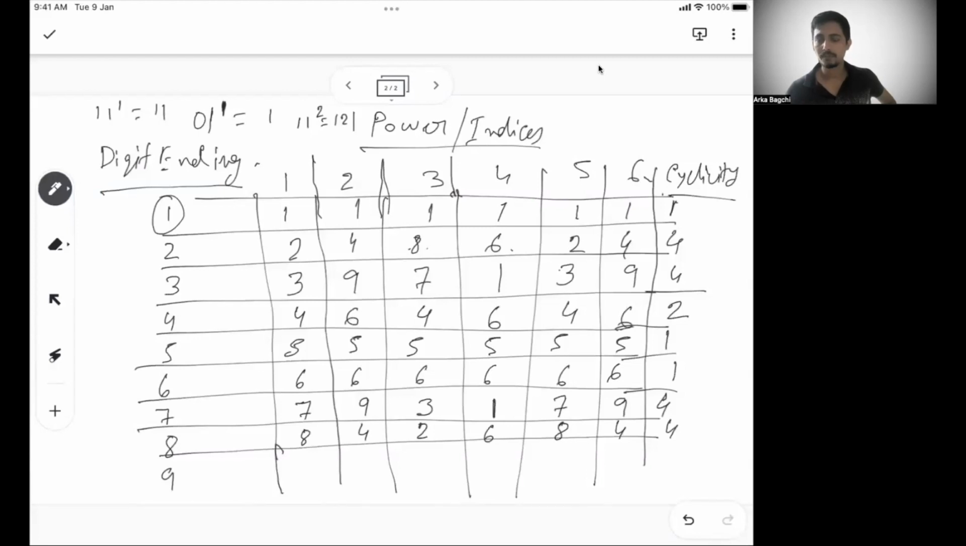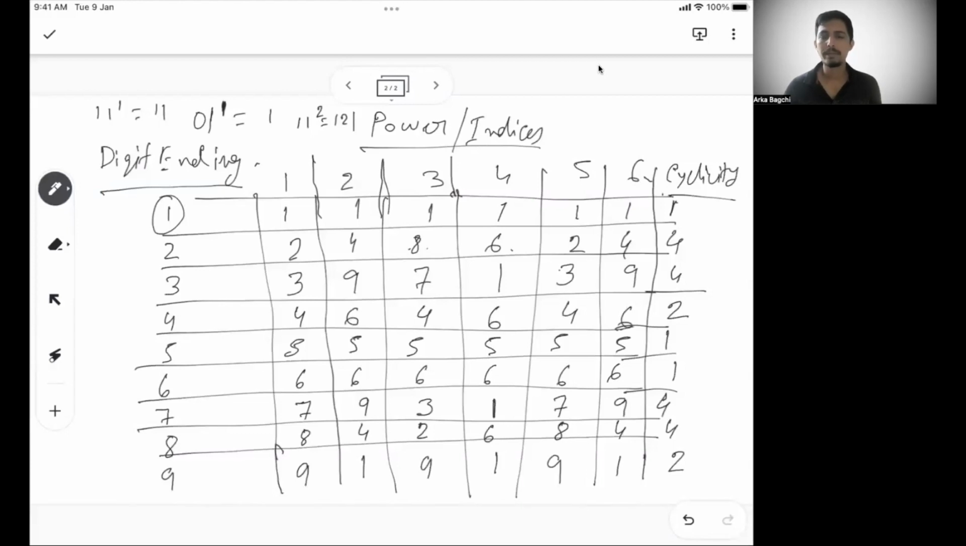After every fourth value in the power, your same digit reappears. For 9, 9 to the power 1 is 9. 9 squared is 81. 9 cubed is 729. 9 to the power 4 is again 1, so the pattern 9, 1, 9, 1. So you see every two digits, it is kind of reappearing. So what we can see is